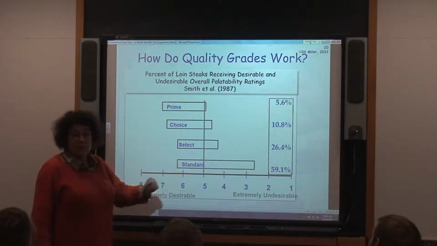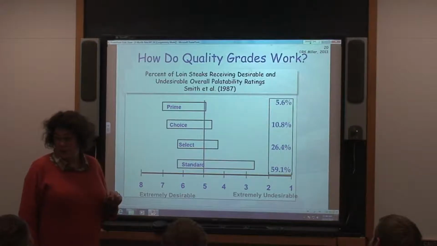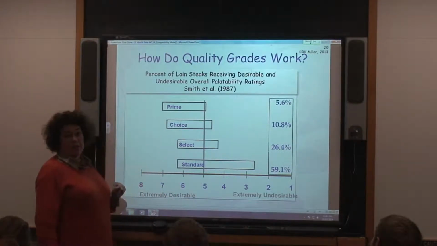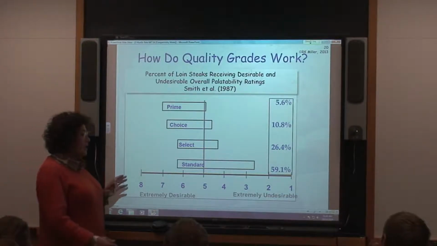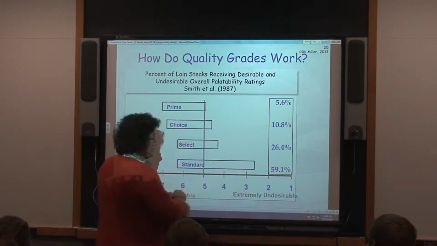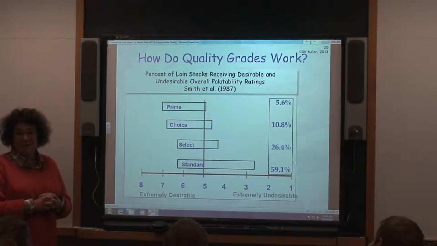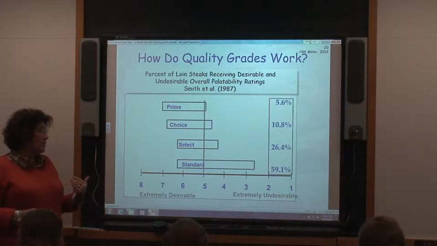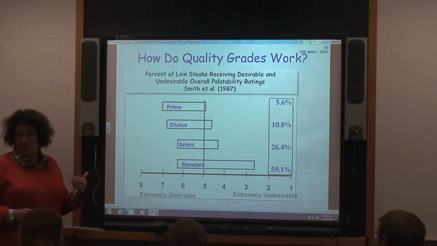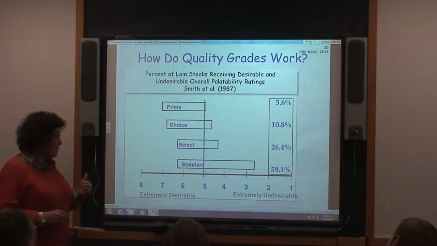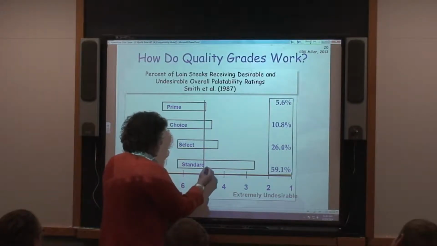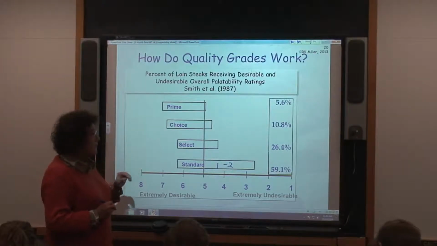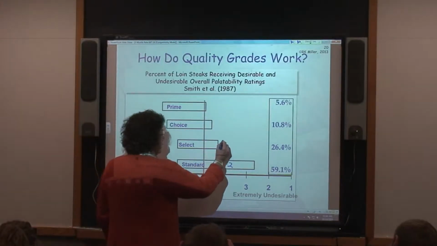So we have some standard carcasses that ate above a 5. On average, our standard carcasses are eating about 4.3. Notice that we have almost 60% less than 5. So if we're rolling the dice with standards, we have a 60% chance of an unacceptable eating experience. And remember, standard is going to be at 1 to 2% chemical lipid, right? When we go up to 3% chemical lipid,